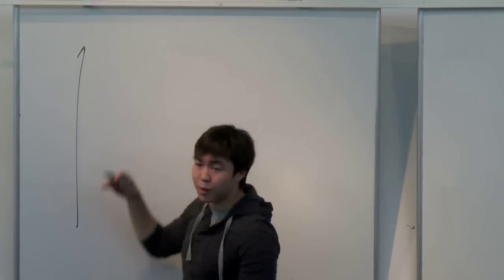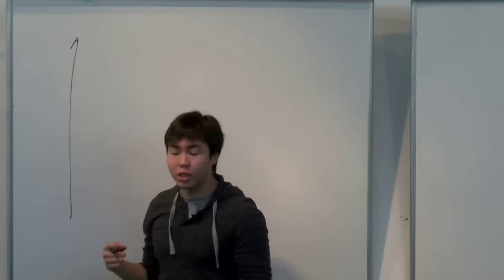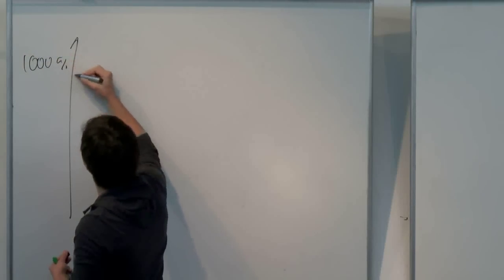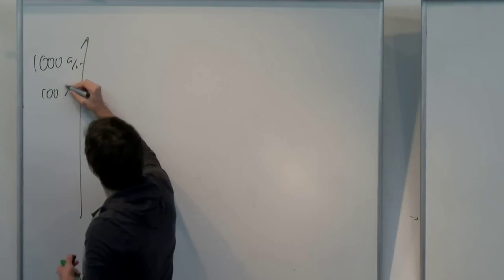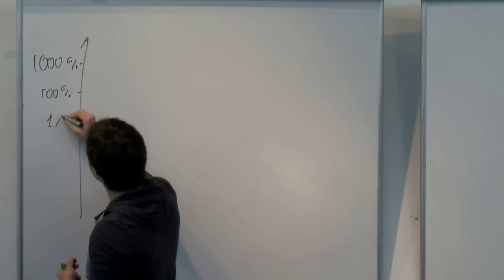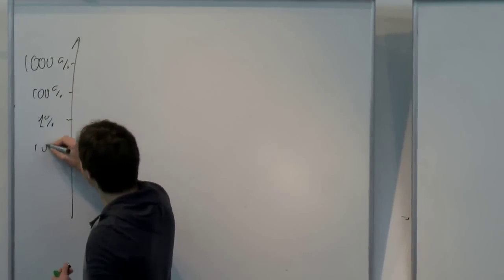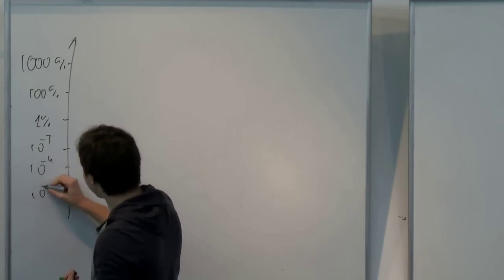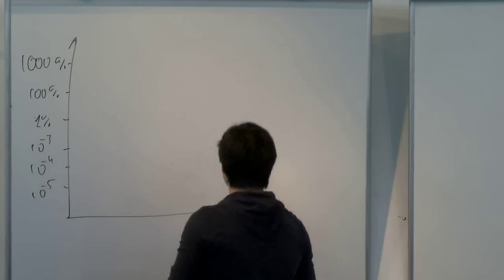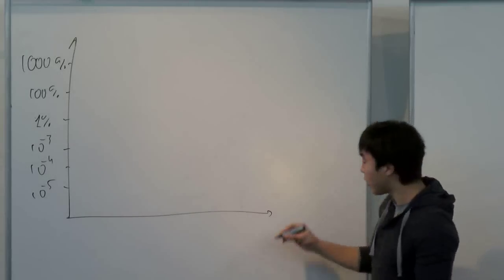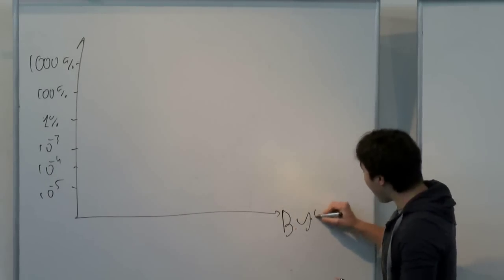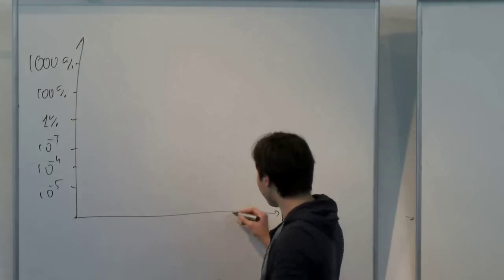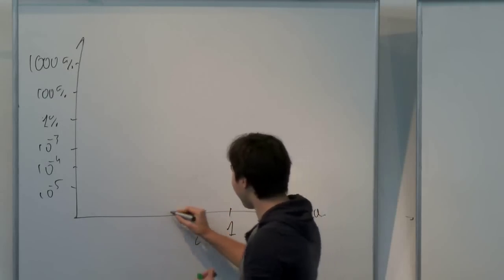On the y-axis would be the amount of oxygen in the air in comparison to current levels. So starting from 1000%, 100%, 1%, 10 to the minus 3, 10 to the minus 4, 10 to the minus 5. And on the x-axis would be time in billions of years ago. So our planet is 4.5 billion years old,